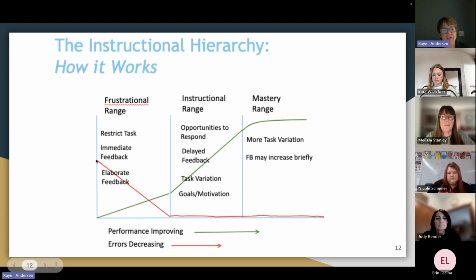Our red line shows how if we work within this model, our errors should keep decreasing. Our performance should continue to improve. But if you notice in the acquisition level, that performance is not getting very high. We need to provide lots of opportunities to respond. We need to give them feedback so that they're doing it correctly if we want them to build up and be able to get to the mastery stage and be able to carry this information with them